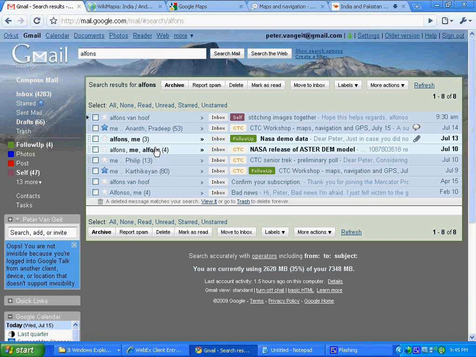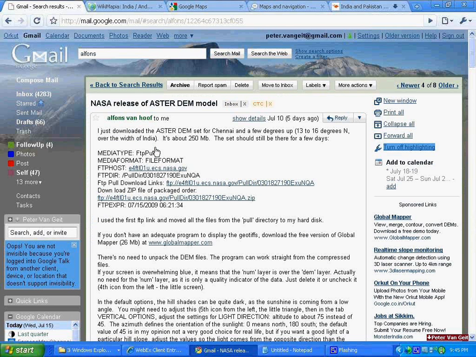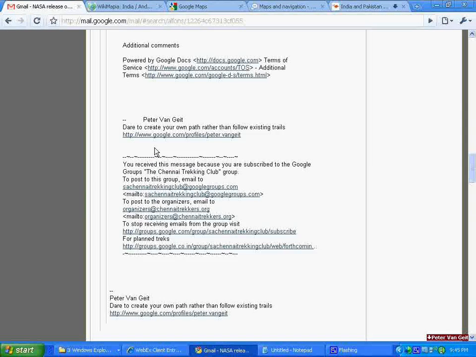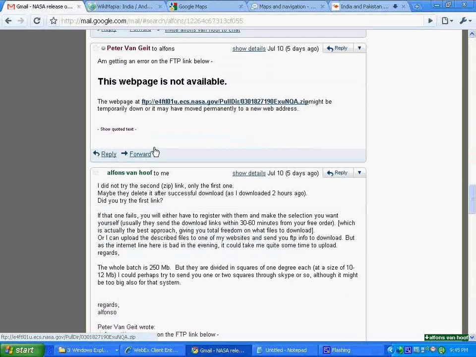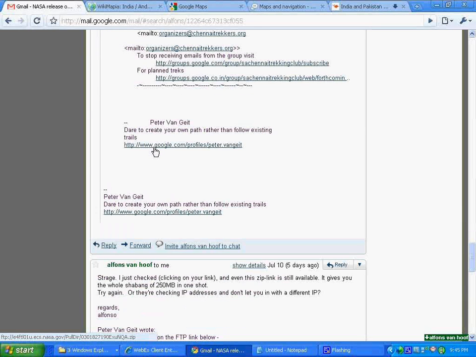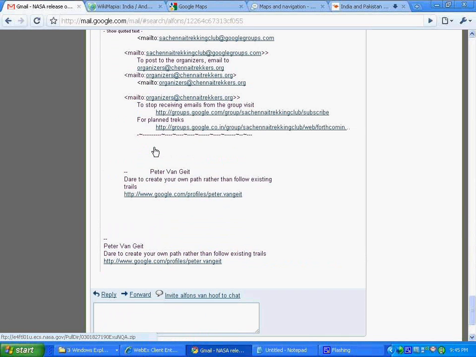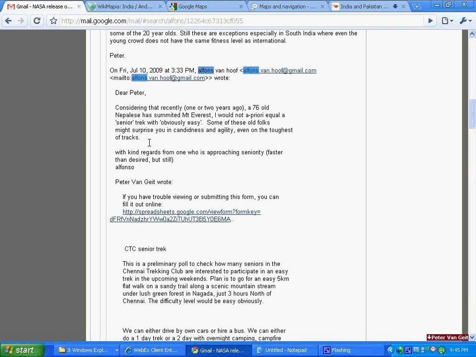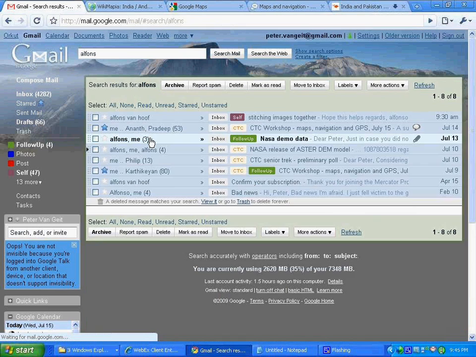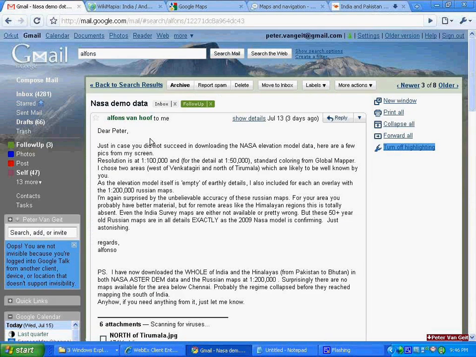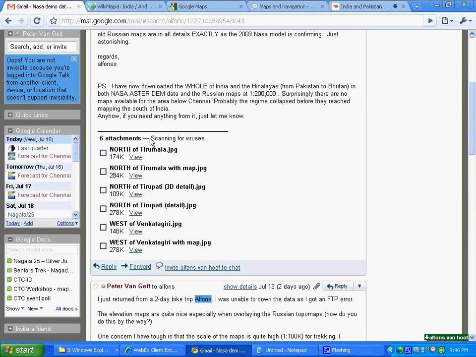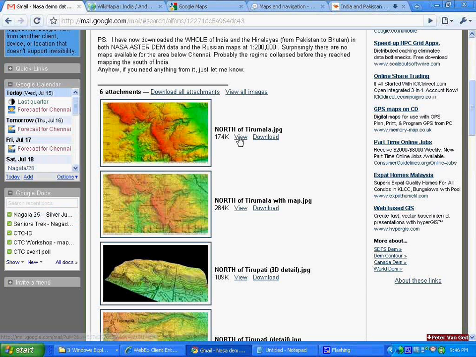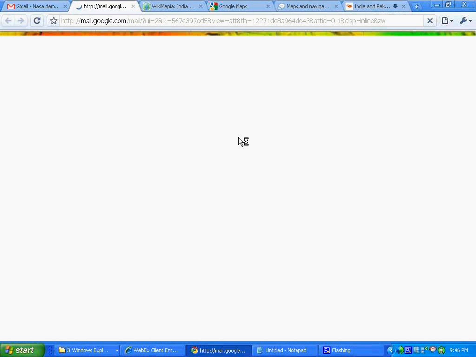So he took this. This data is also downloadable through some FTP site somewhere on the web. These maps are again nice in the sense that they have been scaled, so you can see 13 degrees, 13 degrees and 46 minutes north. This is like 1 minute difference. So these 2 centimeters correspond again to 1 mile, 1.8 kilometers. So this he took and then he superimposed the Russian Army maps at 50% transparency, and then basically you create